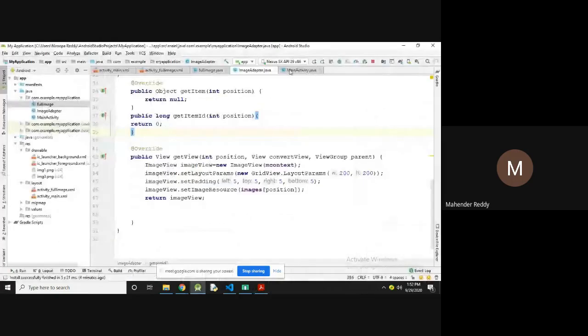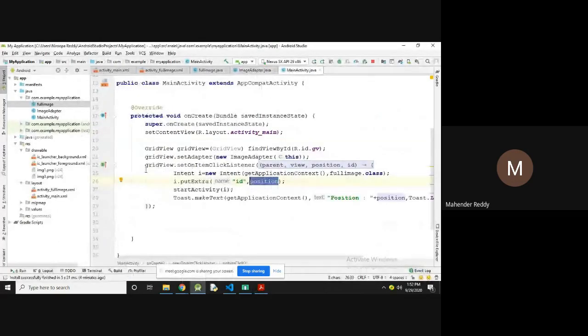In the main activity, whenever you click a button, set the on click listener and use an if condition. Get the text from edit text one and edit text two, and validate the username and the password. After that, open the new activity and display a message.